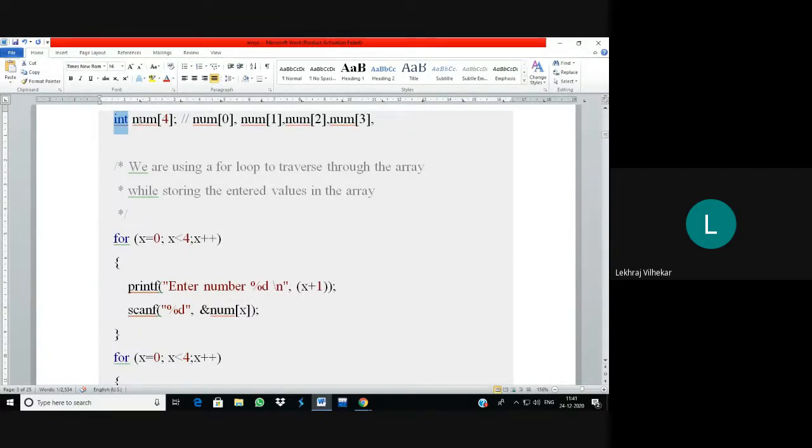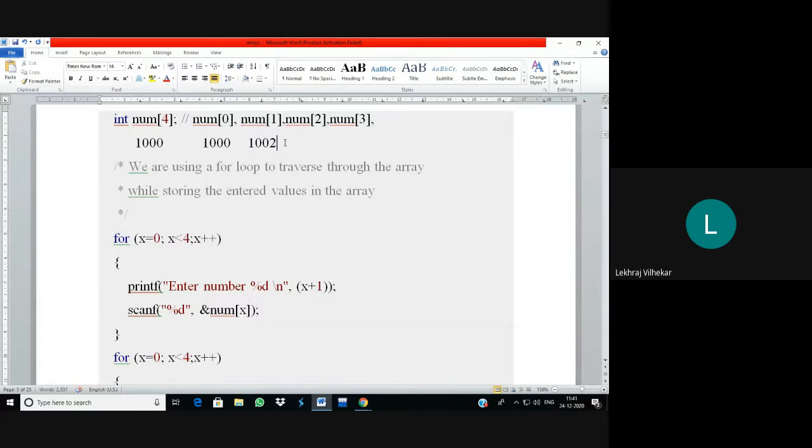How many elements are there in num? 4, and it is of integer type, meaning every element is of type integer. So each element is going to take 2 bytes of memory. So totally this array is going to allocate 8 bytes of memory for it. How many bytes of memory will it allocate? 8 bytes of memory. So where does it start? Suppose it starts at 1000. Means your first element should be at location 1000. Another element should be at 1002.